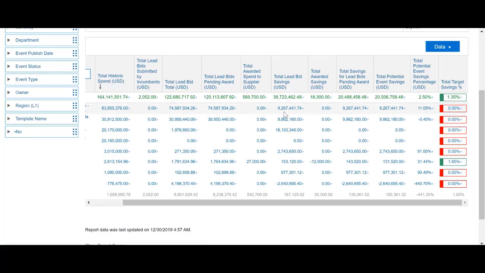You could use similar criteria in order to come up with a color code for a specified field. It helps you summarize the entire report in a specific manner, but would also help you identify the row or the event or the project wherein an action is needed. For instance, if you identify that there is an event wherein the savings is lesser than average or lesser than target, then you could typically flag that event and reach out to the event owner to understand why a specific event has not met its target savings.